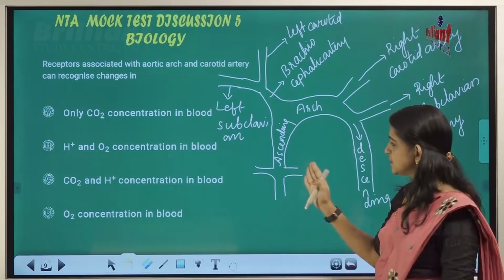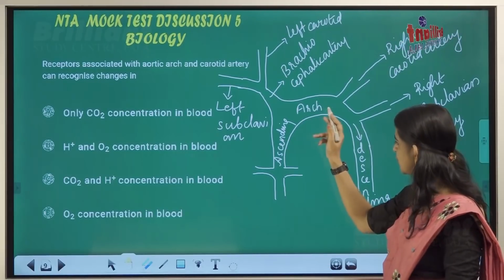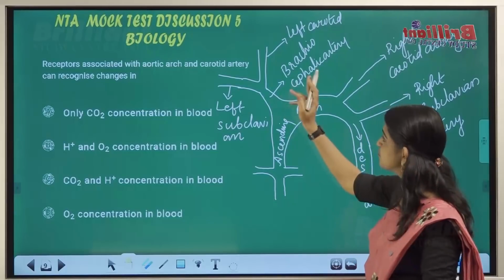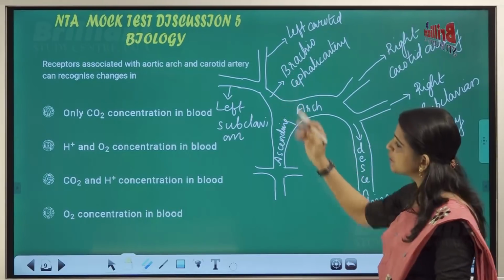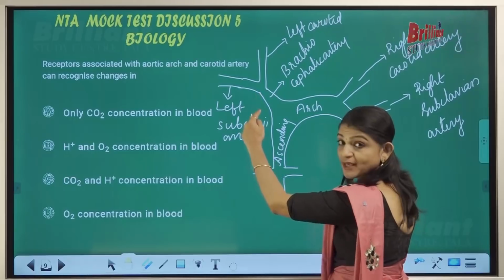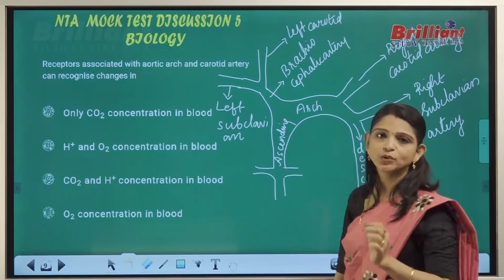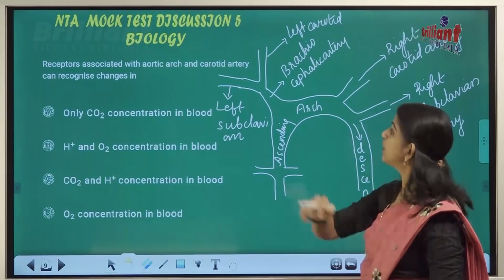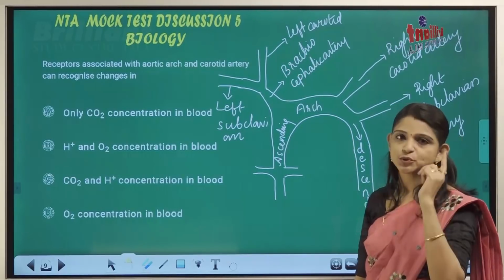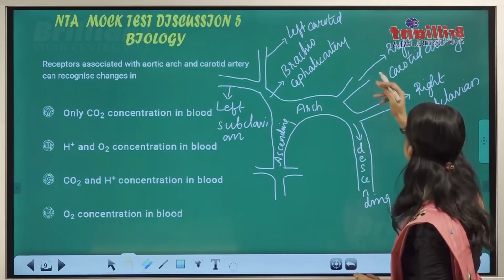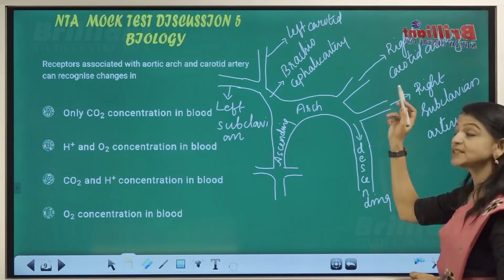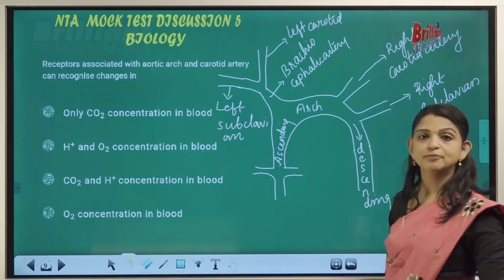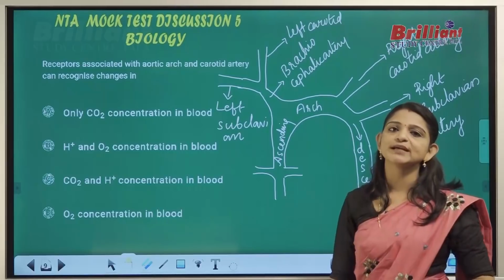So the aorta is divided into ascending, aortic arch and descending. The first branch of the aortic arch is the brachiocephalic artery, which bifurcates into the left subclavian artery and left carotid artery. The left subclavian artery gives blood to the left shoulder and left arm, and the left carotid artery goes to the left part of the brain. Then the right carotid artery gives blood to the right part of the brain, and the right subclavian artery gives blood to the right shoulder and all.